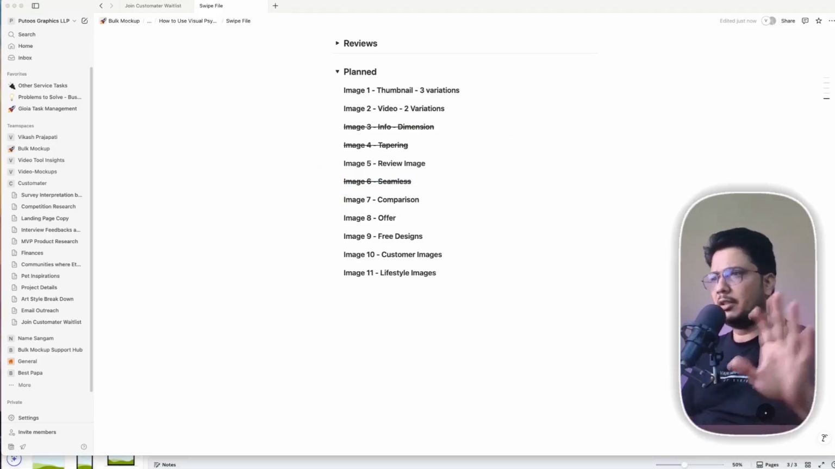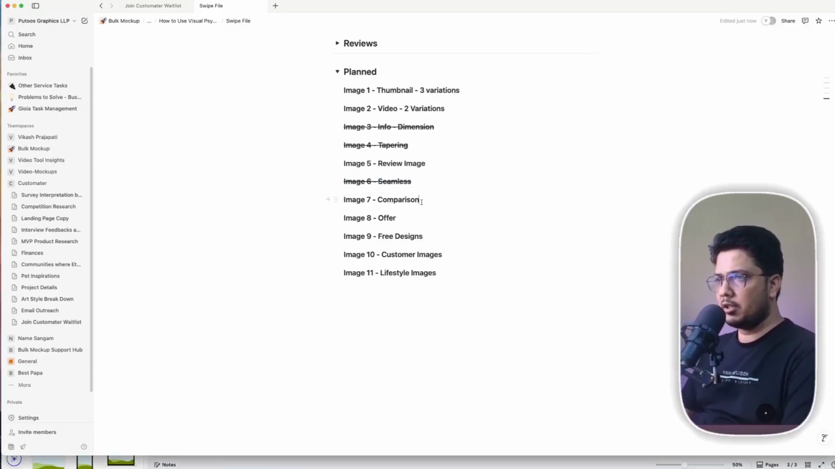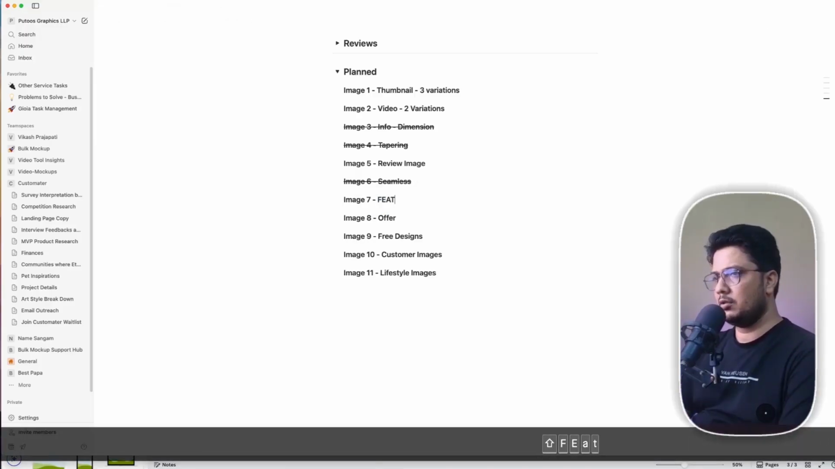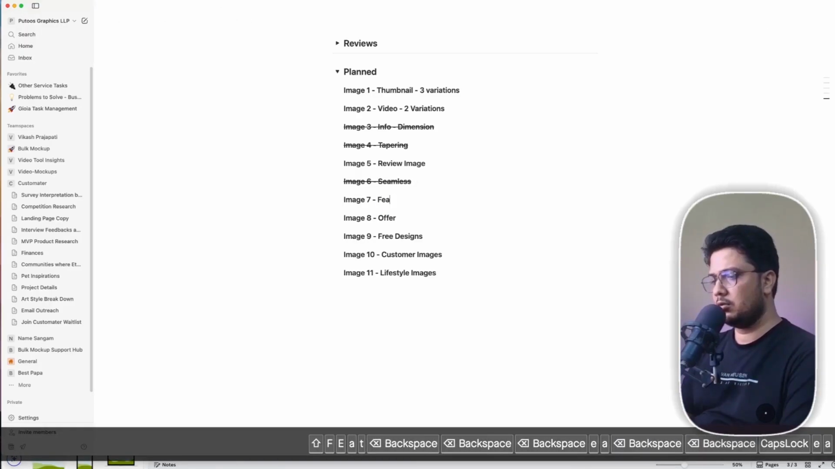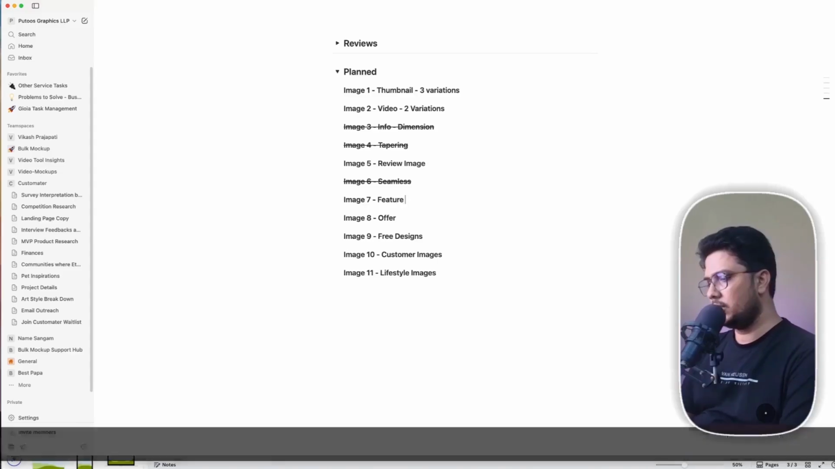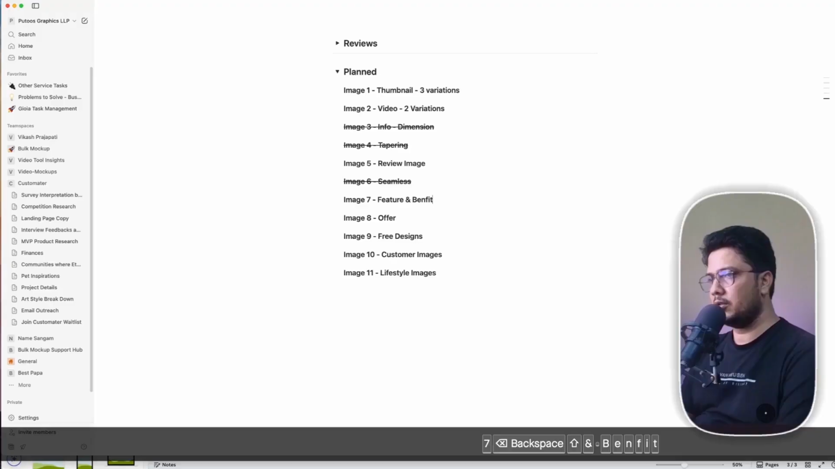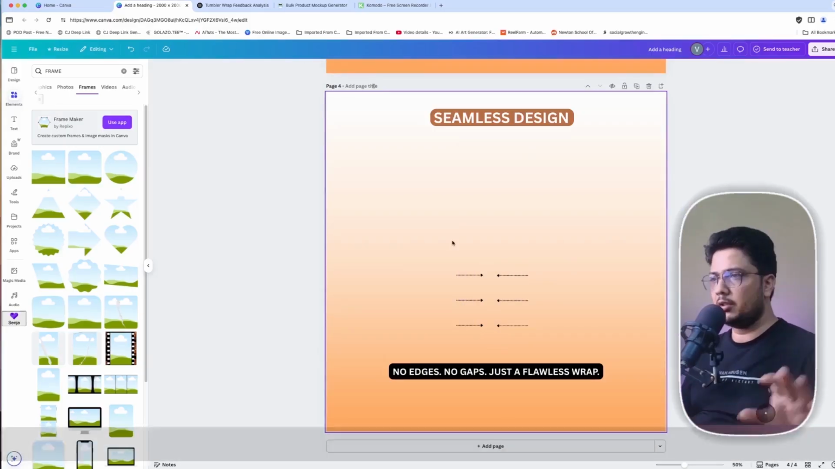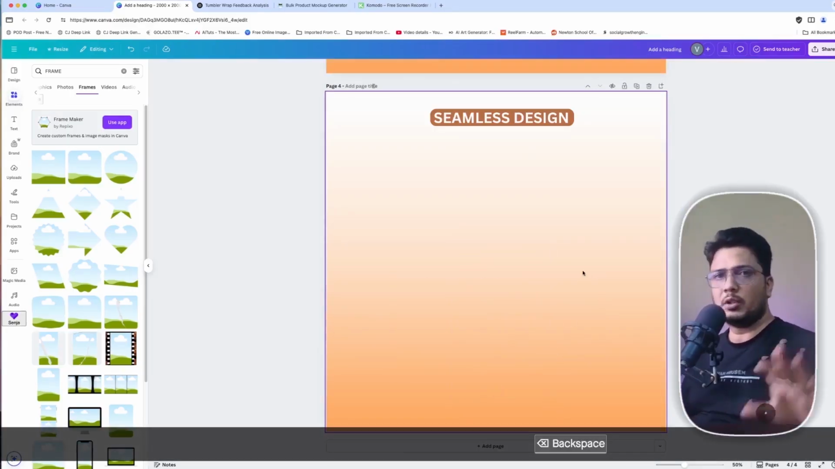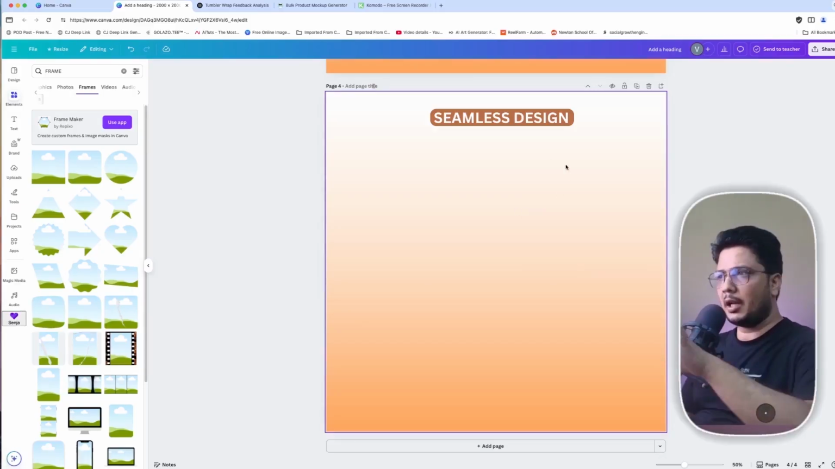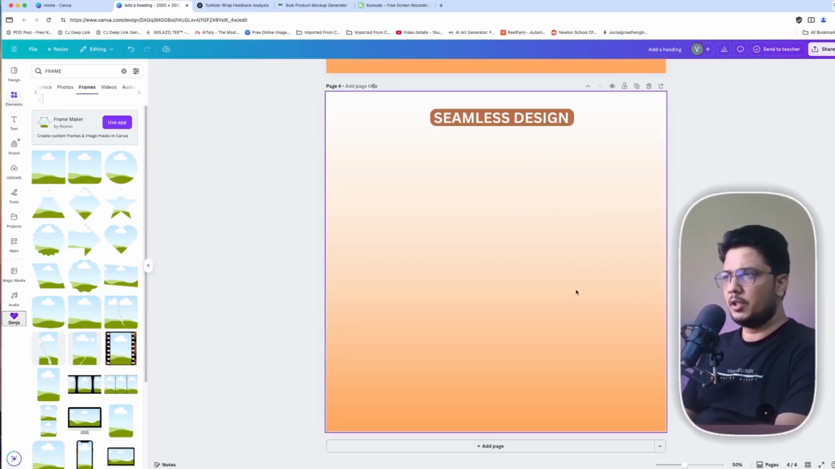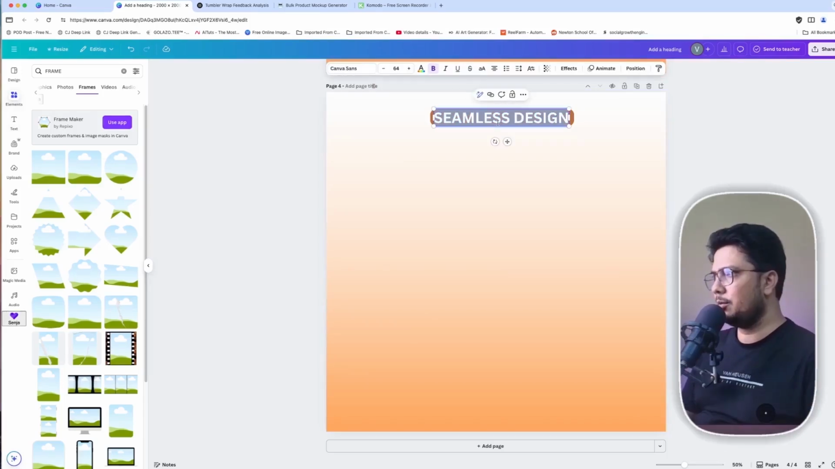So next we'll design the feature and benefit page. I think we do not have any comparison to make, so we'll design a feature and benefit. So what the plan over here is, on the right we'll have a mockup image over here, and then on the left we'll have bullet point features and the benefits, okay? And on the title we'll type in